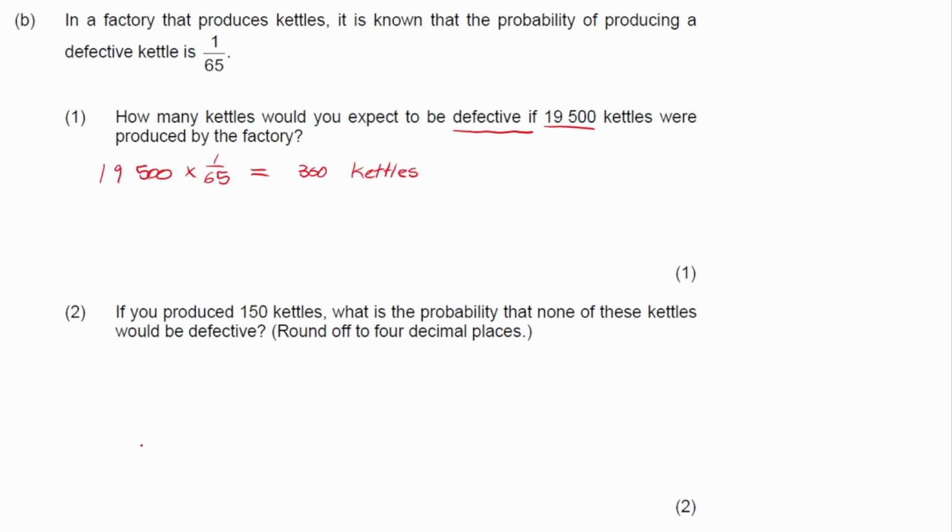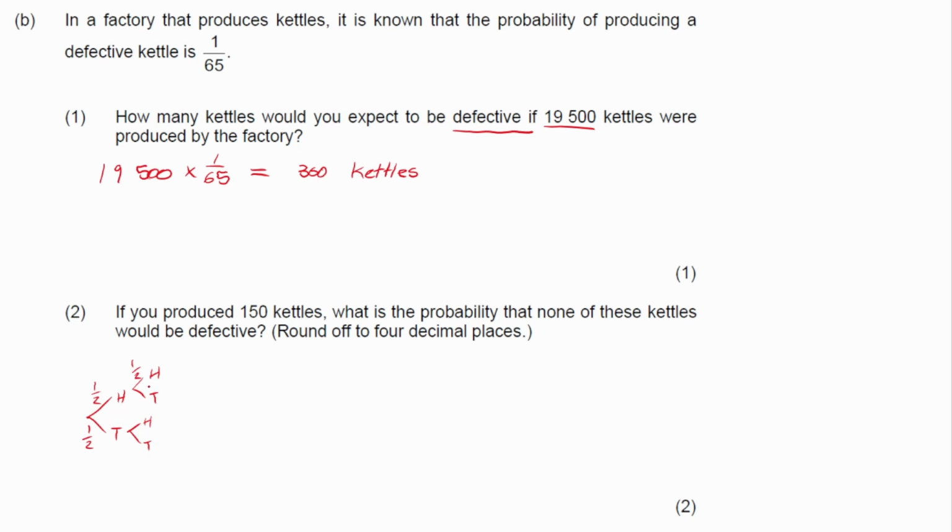Okay. So it is possible that if we make 150 kettles, there might be no defects. There might be no kettles that are defective. But to work out the probability, if we're working with heads and tails, you would work with the tree diagram, right? Remember these? So if we look at the case where I want 2 heads,